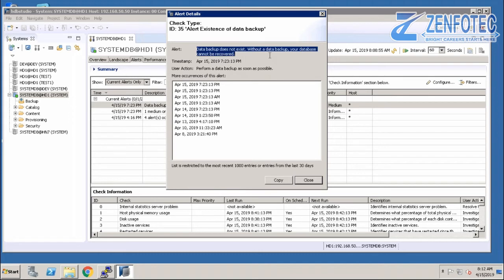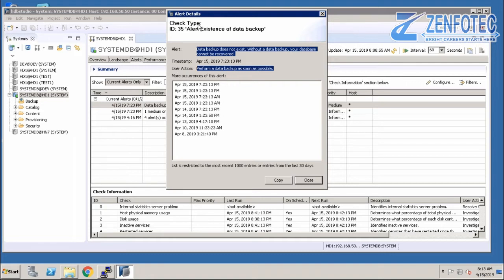By looking at this, we can take up backups. But if you don't know what action needs to be performed to resolve this error, you can see the user action here. It also gives the alert and the solution as well. It says to perform the database backup as soon as possible. So here is the alert, and here we have the solution. It will give you some hint, so that based on this hint you can act on the alerts. For all alerts in the HANA database, you will have user actions.